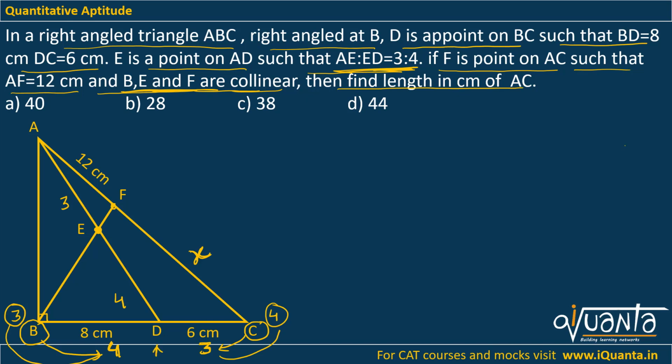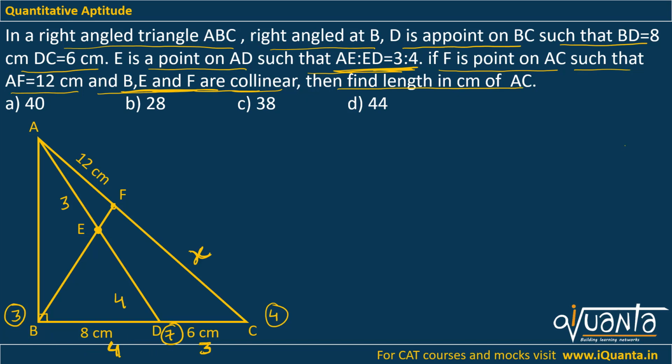That means the weight at D will be the sum of the weights at the endpoints. 4 plus 3, that means a weight of 7 will be over here. Or to quickly do this, you can just take the LCM of these two quantities, 4 and 3, which is 12. So you have to make the weight at B times this length 4 equal to 12. It was already 4, so you will put a weight of 3 over here. That is how you can do that. So I have balanced one line.